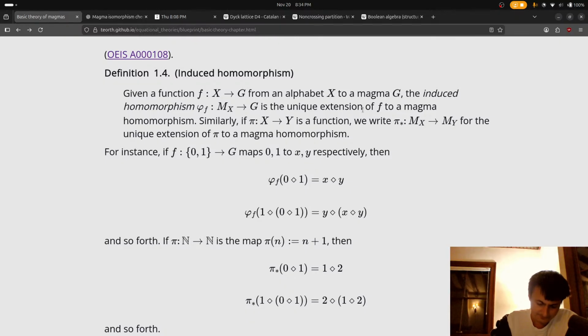We say the induced homomorphism phi sub f on the free magma to G is the unique extension of f to a magma.